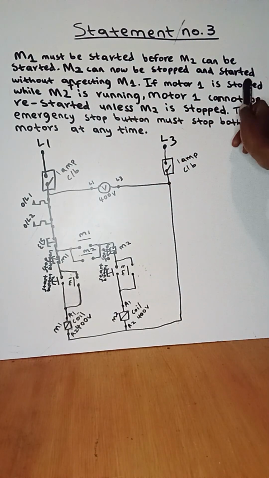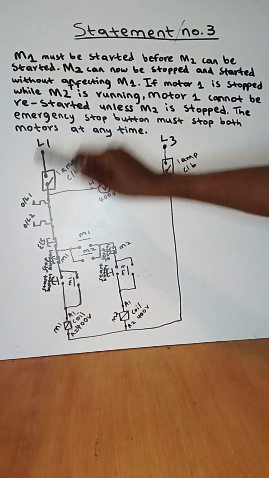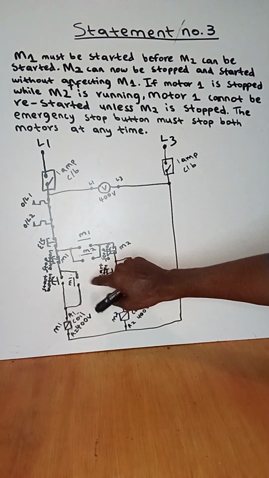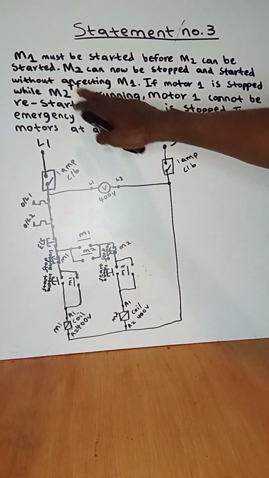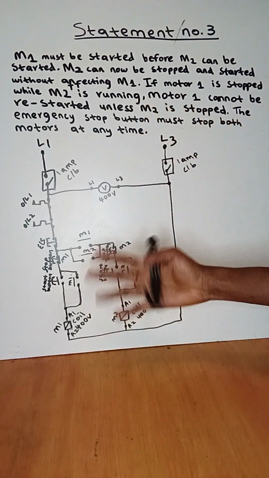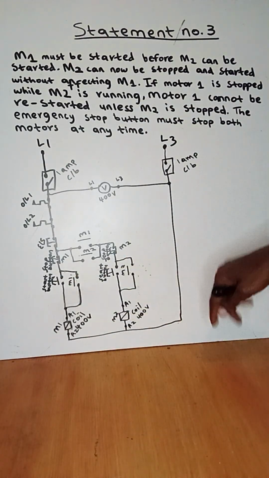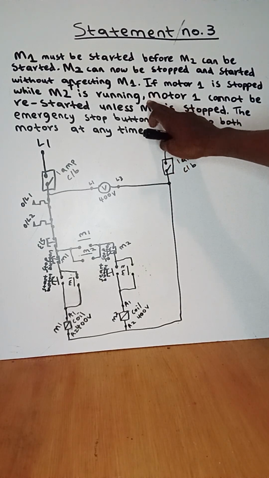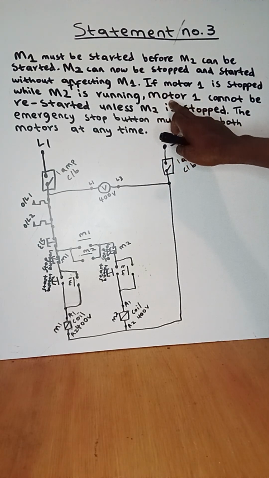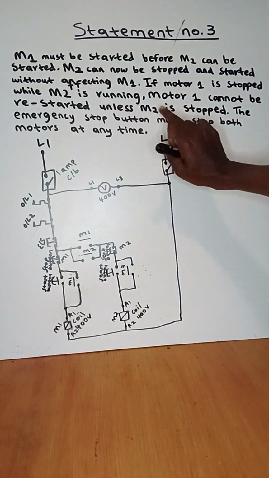So when we stop motor 1, motor 2 will keep on running with this contact. So from statement number 1, number 2, and number 3 until the comma is the one that we did from the previous statements. So we'll continue from after the comma that says motor 1 cannot be restarted unless motor 2